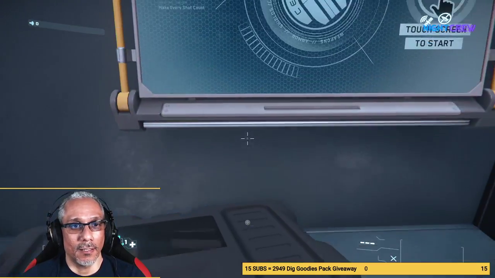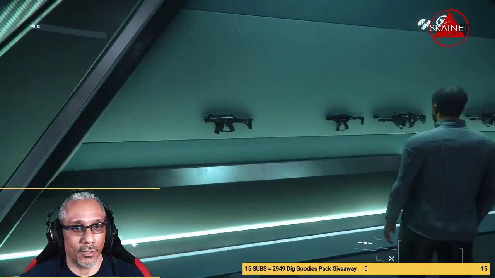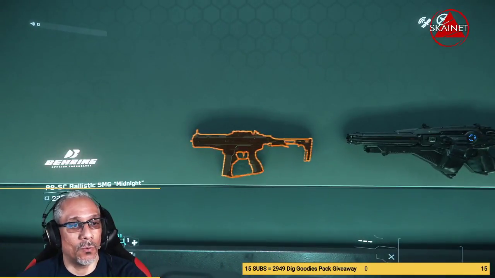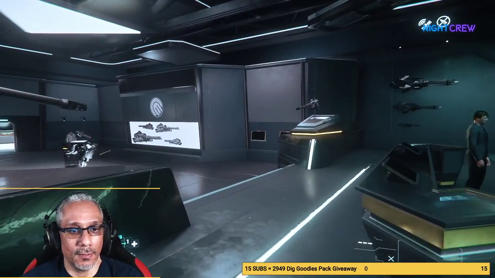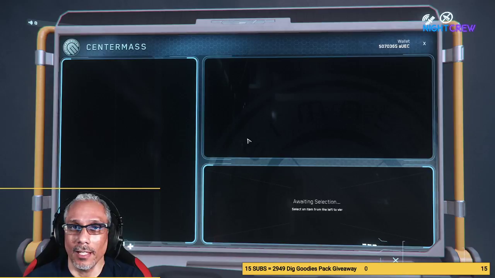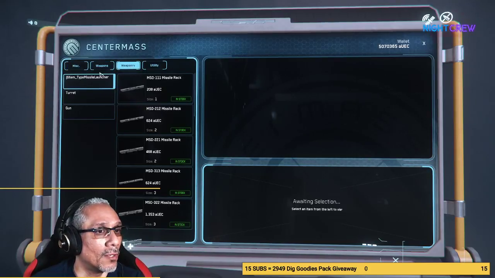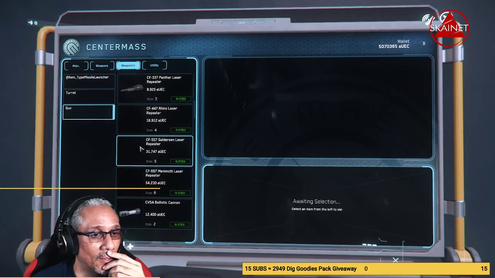Previously you had to buy directly from the showroom. For example, if I wanted that weapon, I would have to go here and choose it. In my case, this is the one I want, the P8 SC Ballistic SMG Midnight, because it's the black version. But since the introduction of these screens in 3.4, I believe, 3.5, we can do it a little more elegantly, you could say. I can go, for example, here also, I buy weapons for my 325A because I'm not sure how well they are behaving now, but up until the last patch,